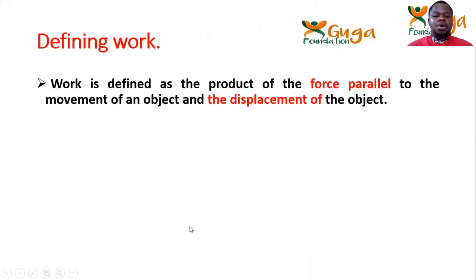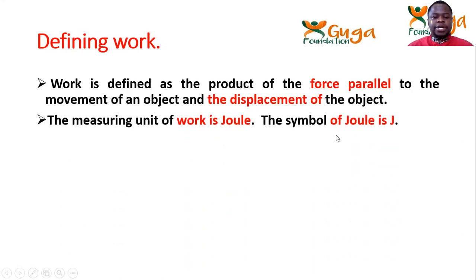Let's define what is work. Work is defined as the product of the force parallel to the movement of an object and the displacement of the object. The SI unit of work is the joule. The symbol for joule is J. Net work